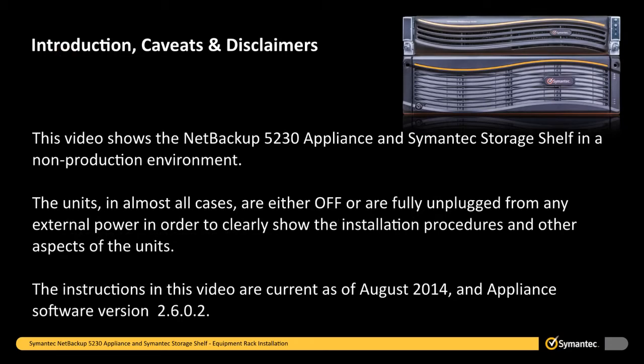This video shows the NetBackup 5230 appliance and semantic storage shelf in a non-production environment. The units, in almost all cases, are either off or are fully unplugged from any external power in order to clearly show the installation procedures and other aspects of the units. The instructions in this video are current as of August 2014 and appliance software version